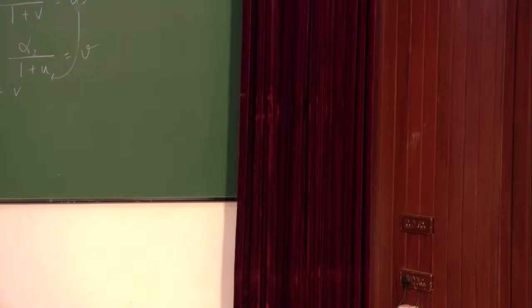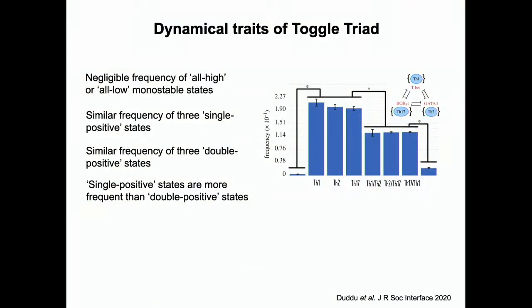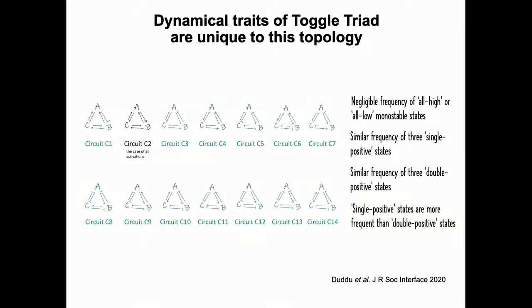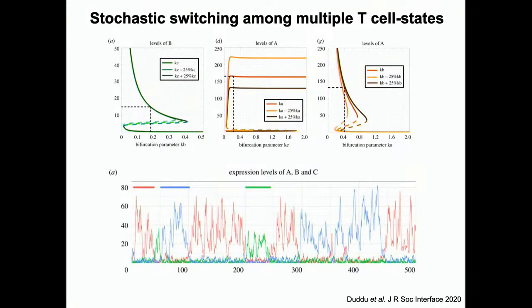Okay, thank you. So then we ask this question: if the system is so frustrated that it's hard to get a steady state out of this, because they both also cannot be high together, then how do you get this output? So that is when we started looking more carefully at the parameters, because the topology here seems to be insufficient to tell which output you'll get. So you need to look at the parameters.